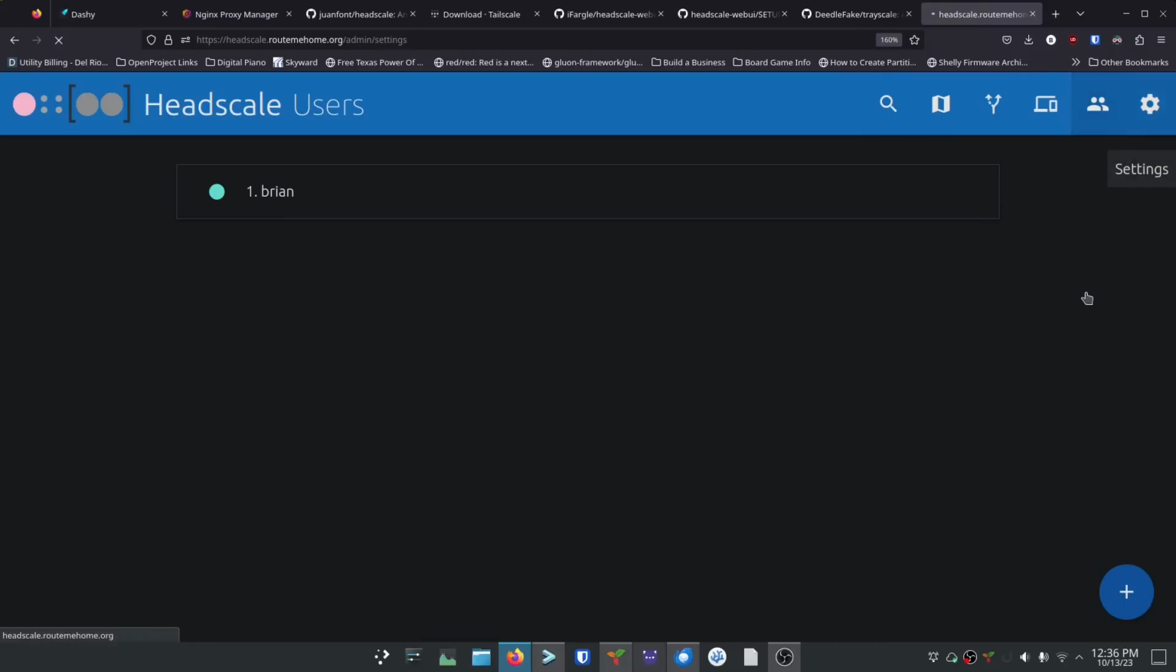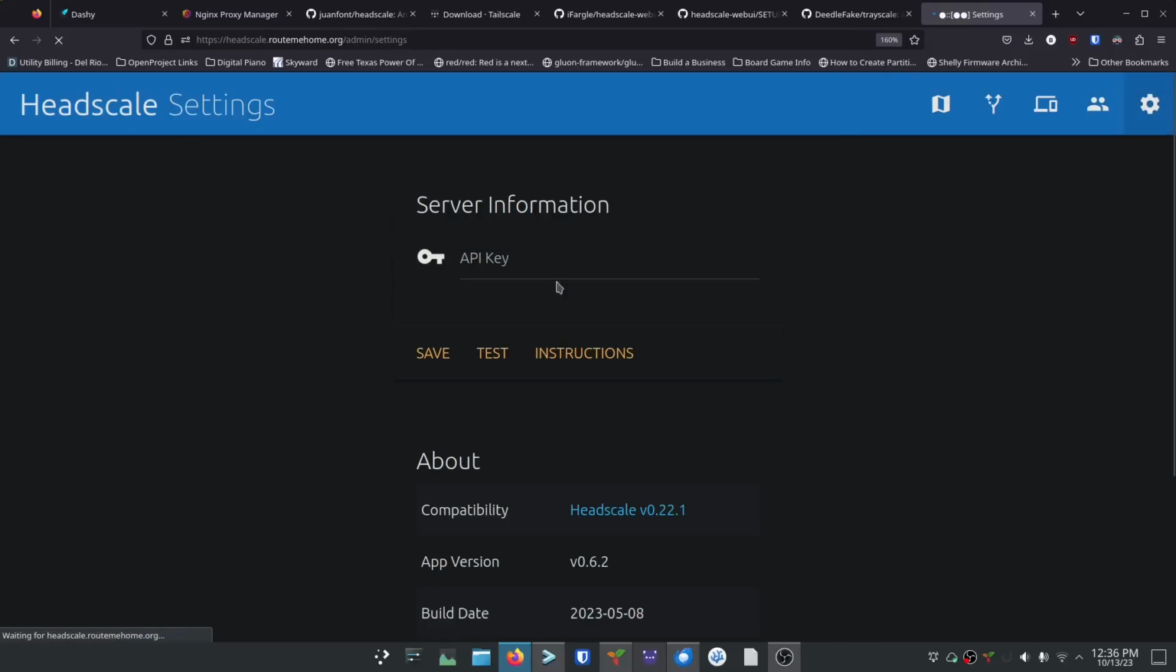And there are settings over here as well. There's not a lot here for the settings. It's really just setting the API key and seeing the about information. But we do have an overview tab as well. So if we jump over to the overview tab here,